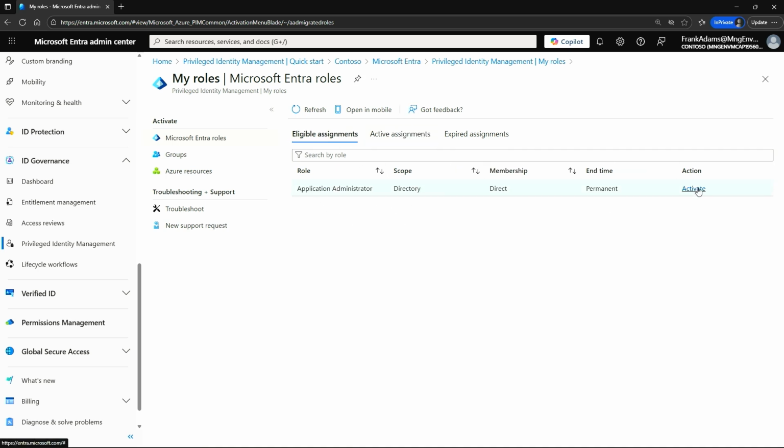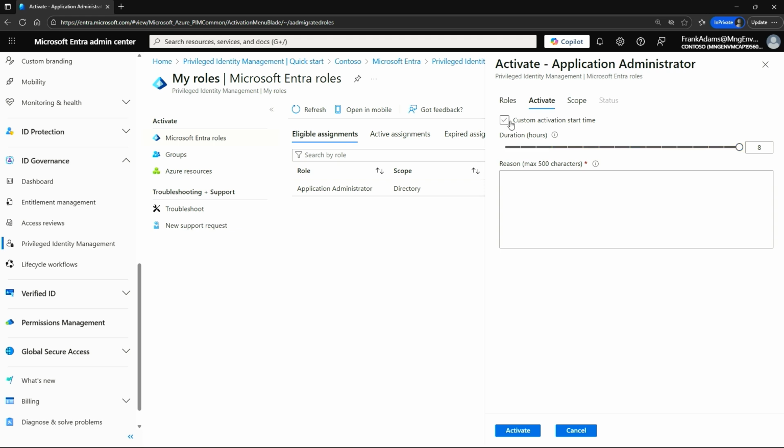So if Frank wants to activate this, all Frank needs to do is click on activate. And we do have options to say, hey, the activation is typically 8 hours long. Do you need it for that long? Or I can say, you know what, I'm just going to be doing work for the next 1 hour, and I just need to be able to perform that for that time period. Now, I can do custom activation to start time. I can do that right now. So again, if I know I'm going to do this work and then in 10, 20 minutes later, not right now, maybe I can go into defining a delayed start time. Or I could just do that now and say, hey, start this now, give me 1 hour and I should be done with my work. And the reason for me to do this,